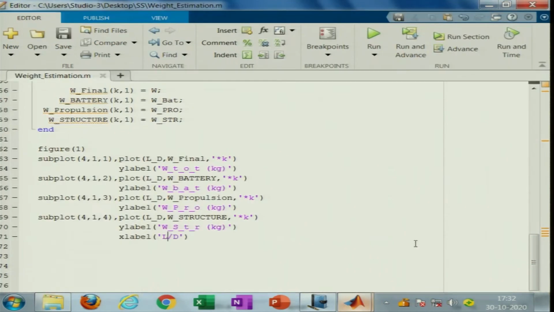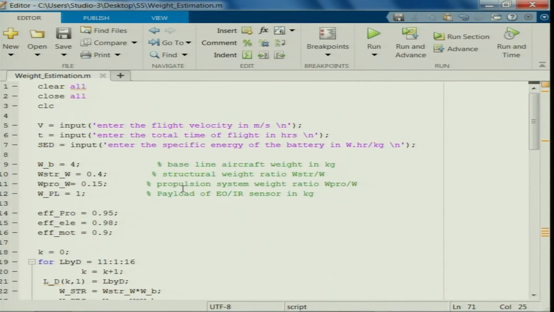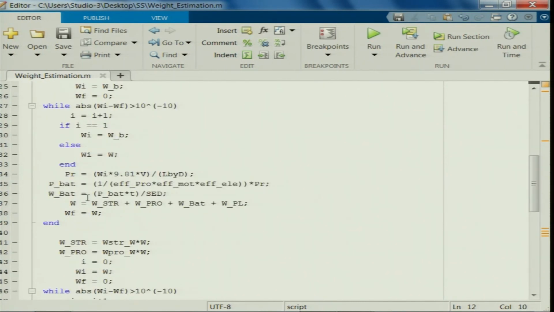I wish you should extend this program for even takeoff, based upon the mission requirement, whether it is a hand launch UAV or say it has a typical takeoff and landing capability. Then based upon that, and then the climb, right. What is the climb that you are expecting, what is the altitude of cruise. Based upon those parameters, I wish you should upgrade this code to estimate the overall weight of the battery as well as the UAV depending upon a baseline aircraft.